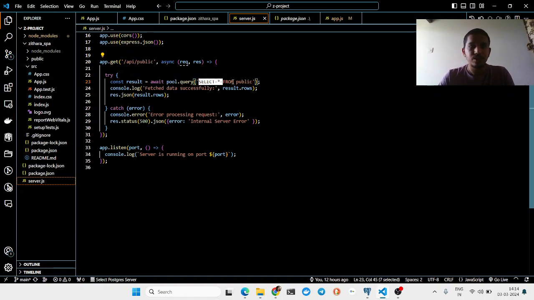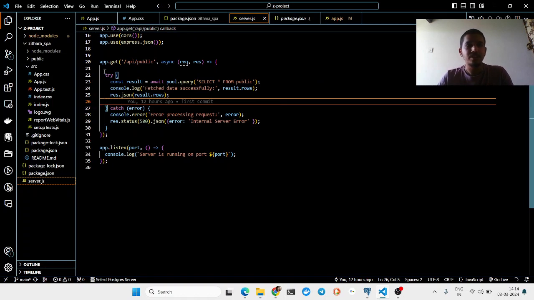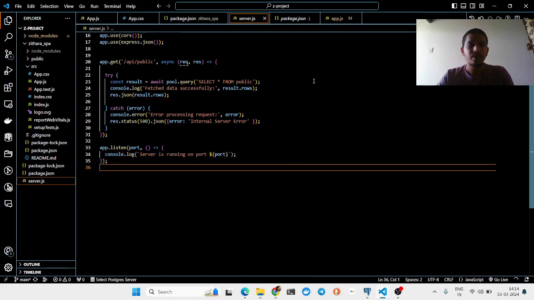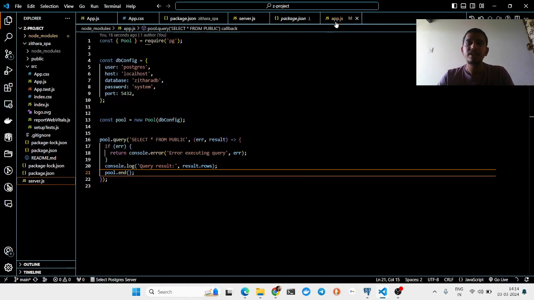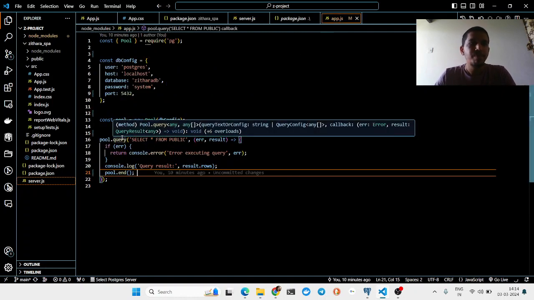And then this is a query, and this was written to check whether the data was fetched successfully or not. If an error occurs, it shows the internal service error, and it may show us which port the server is running on. Okay, and then when it comes to the app.js, we are